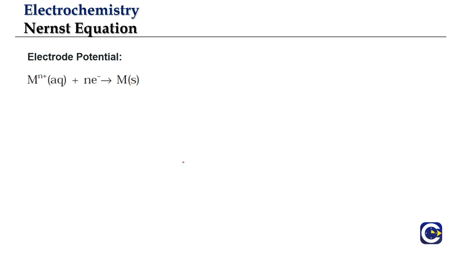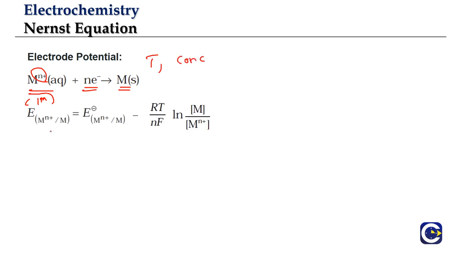Now if we have an electrode where we have the reduction reaction given here, M n plus will gain n number of electrons. This is a reduction reaction, that's why gaining of electrons to produce the metal atom. For this reaction, if we look at the standard conditions, the concentration of the metal ions will be 1 molar. If we have different conditions, then the electrode potentials will be different. So the Nernst equation for the electrode potential under a different value of temperature and a different value of concentration of ions is given by E is equal to E naught.